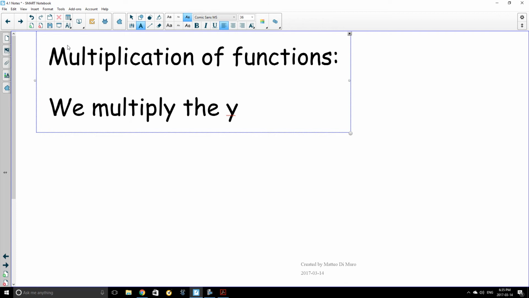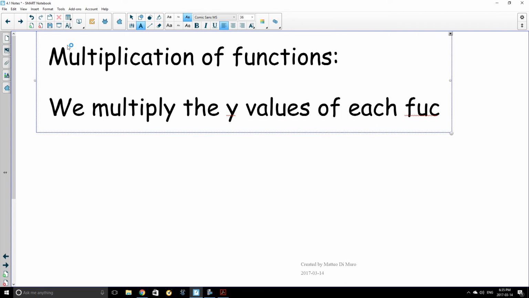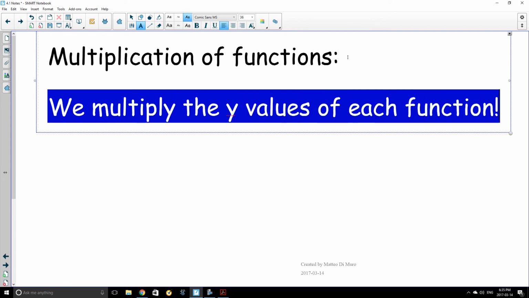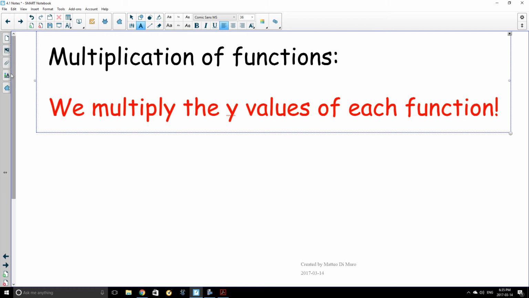It's not necessarily always like that, but in grade 12, we really don't go any further. It can get really complicated really fast. So the important thing to know is that if you're multiplying functions, again, it's the y values that are getting multiplied. If we start looking at domain and range, for domain and range, it's just important to note that f of x and g of x are lines,